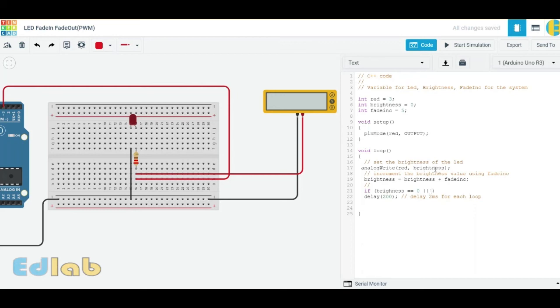And this one is the OR operator. So this is the if conditional instruction: if brightness is 0 or if brightness is 255, because before this we are already increasing the value by 5. So if brightness is 0 or brightness is equal to 255, what should it do?